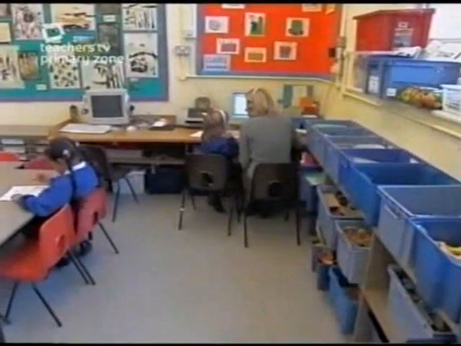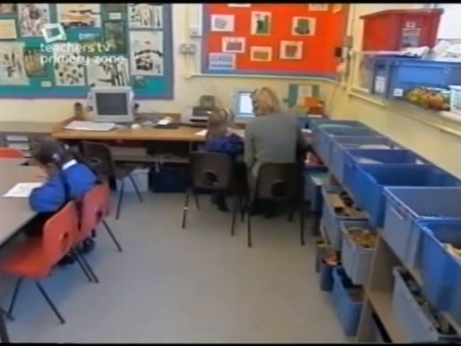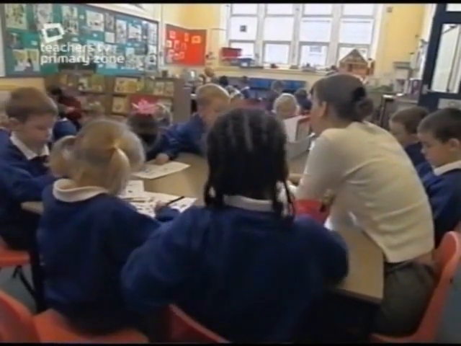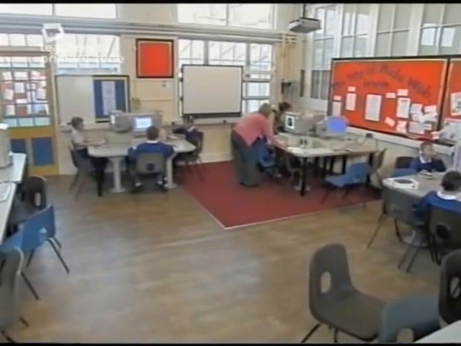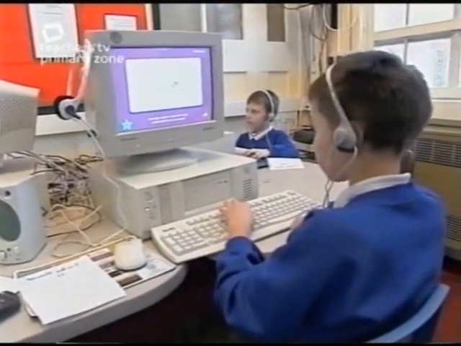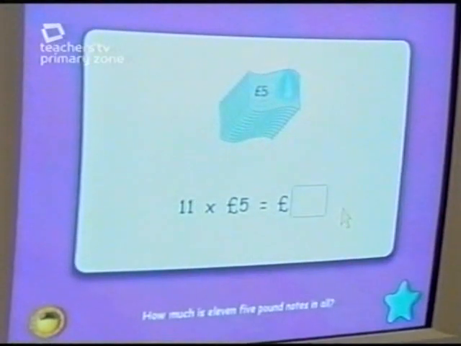The programme lets the child complete the assessment with the help of an LSA, while the rest of the class can carry on with its work. We also use something called Snapshot, which allows us to take a snapshot of children's maths development at any one time. We've only just begun to use that, but we're already finding it gives us a very good picture of where the children are in terms of their development.